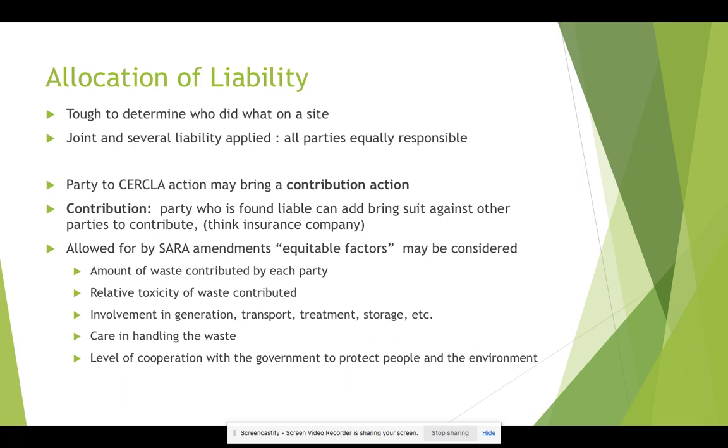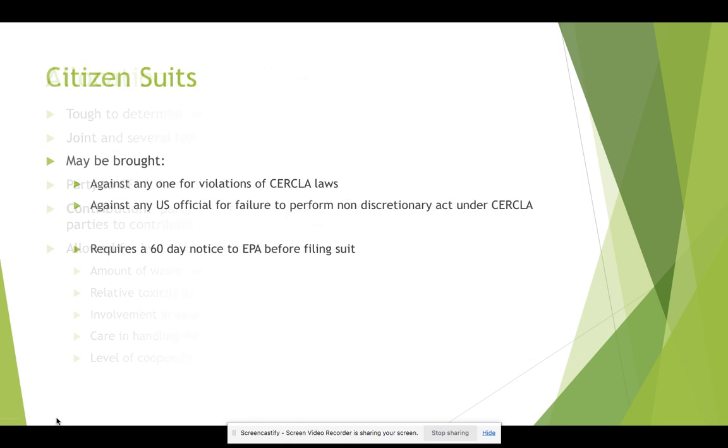So back when I was practicing, I would read through depositions about a site, and you're talking to employees, and you're like, okay, well, what chemicals were you using in this shed or this building? Whoever I was representing, I'd ask them if they were familiar with the names of that product and if that was ever used there, to determine whether that was my company's chemical or my company's contribution to it. So a lot of litigation over allocation of liability under CERCLA.